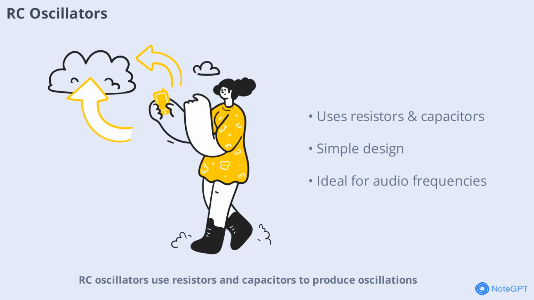RC oscillators use resistors and capacitors to produce oscillations. They are commonly used for generating audio frequencies and as timing elements in electronic circuits. RC oscillators are valued for their simplicity and ease of design, making them ideal for low-frequency applications such as tone